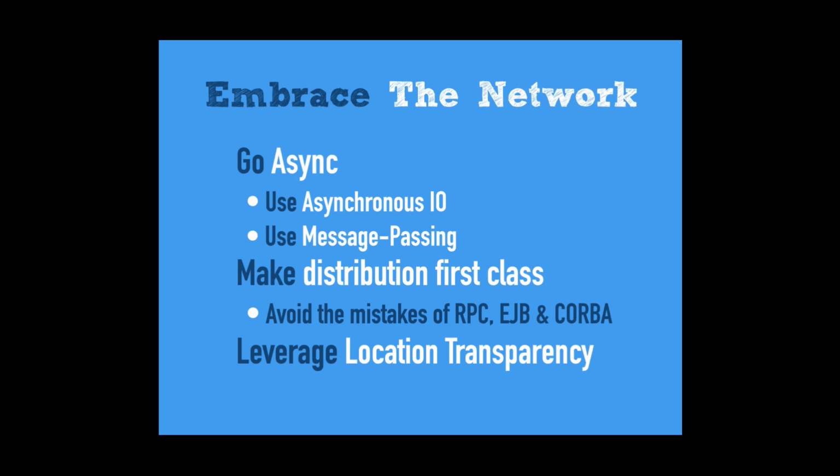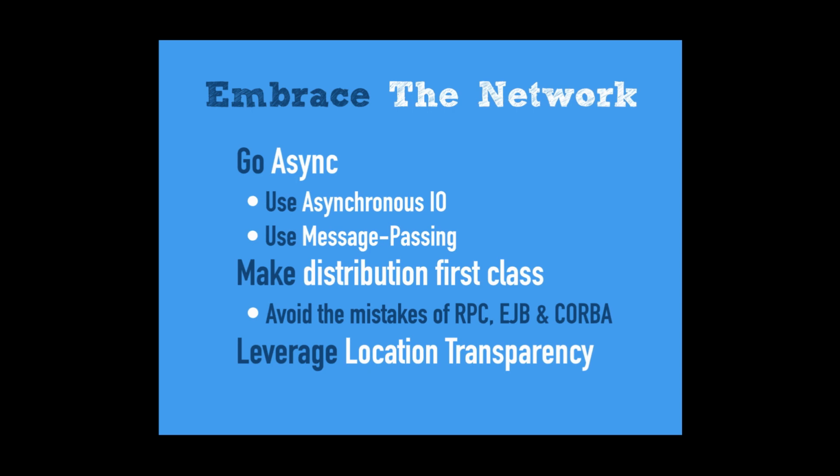Through EJBs, CORBA, DCOM, and others, we went through the work of adding the leaky abstraction that pretends that the network is not there. It looks beautiful when you look at it from the outside. You can just communicate with other components using some sort of local abstraction. But the problem is that it often leaks. It leaks so much that it becomes really, really hard to use. Not in the happy path, but when things start to fail.